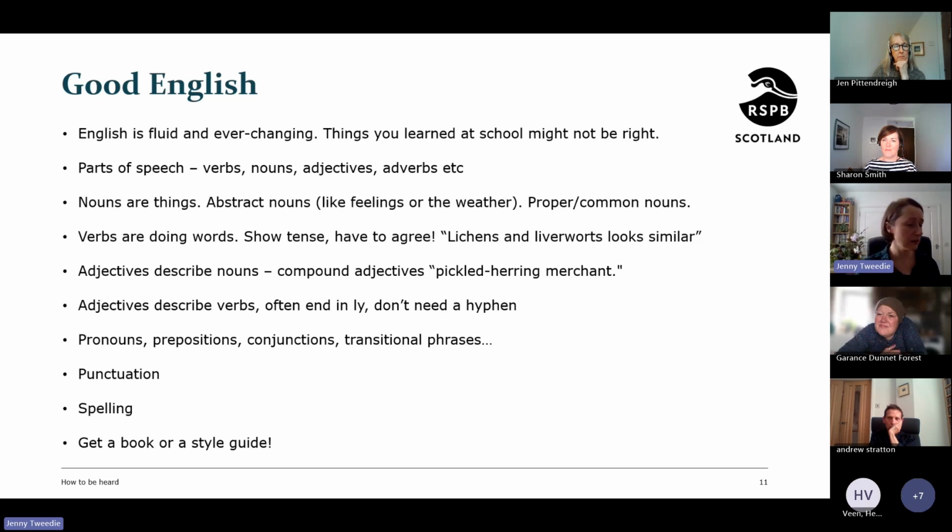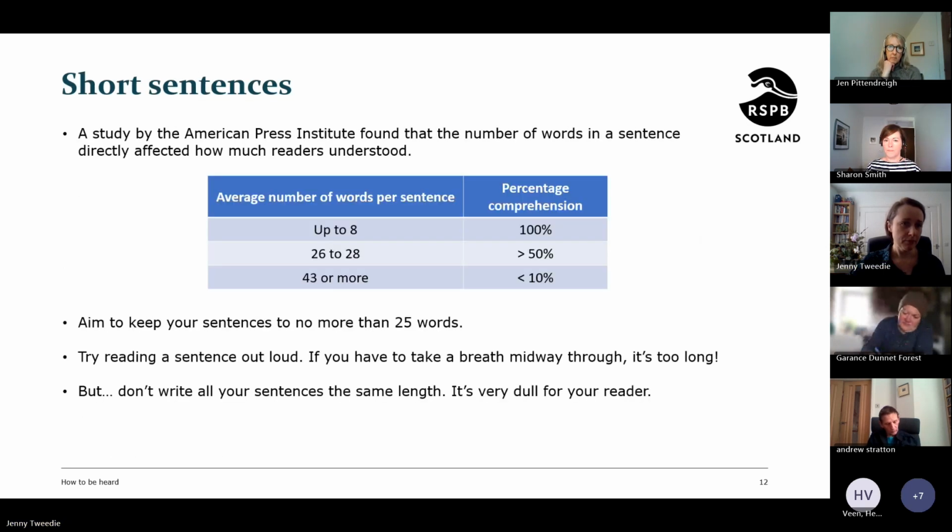So I've got a couple here, or just look on the BBC website, because they've generally got a really high standard. So if you're wondering, oh, does this need a capital letter, or how do I punctuate this? See if there's an example on the BBC website, and that's a very, very good way to go about things.